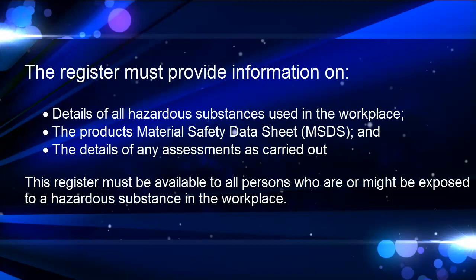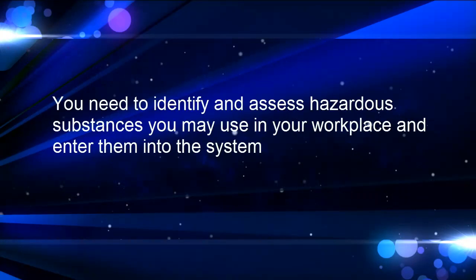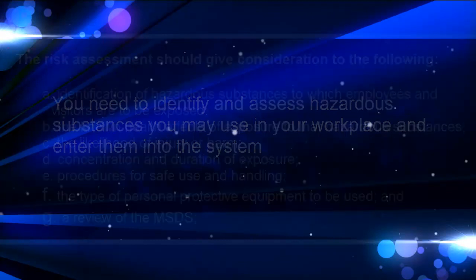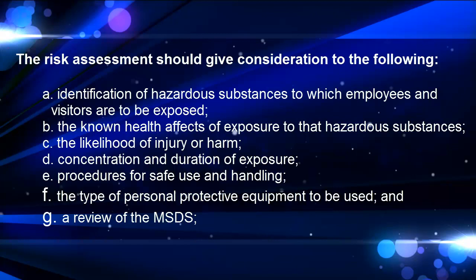The register must provide information on details of all hazardous substances used in the workplace, the product's material safety data sheet, and the details of any assessment as carried out. This register must be available to all persons who are or might be exposed to a hazardous substance in the workplace. You need to identify and assess hazardous substances you may use in your workplace and enter them into the system. The risk assessment should give consideration to the following: